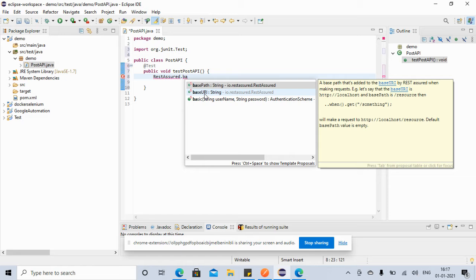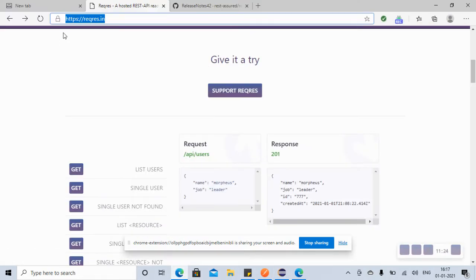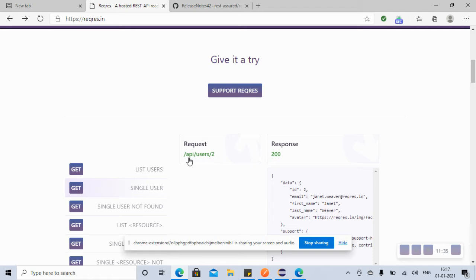baseURI, right? So we are not providing the whole URL. We are saying base URI, because if you see here, this is only the URI, the request, and then the whole URL will be like, if you want this single user, then you have to provide this API users too. So that will be the whole URL. So this is the URI, and if you combine this with the request, then it will become the URL.